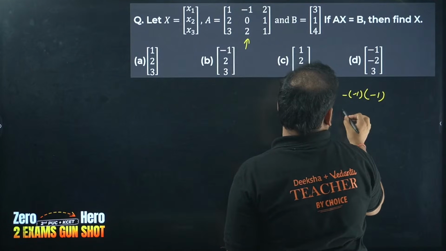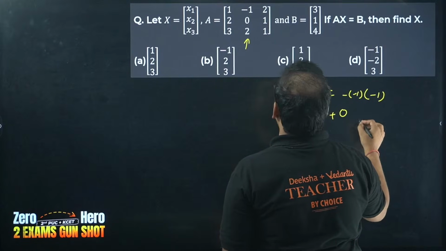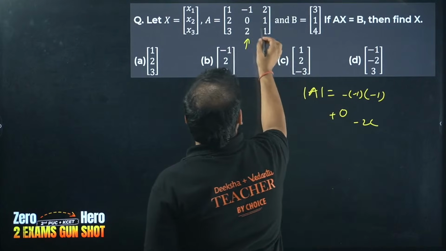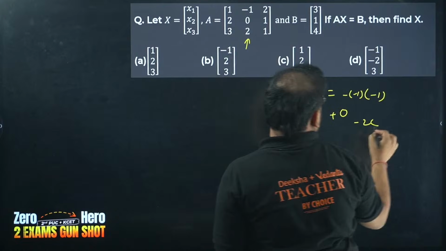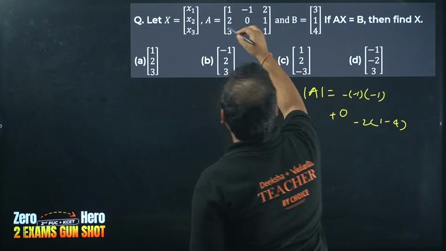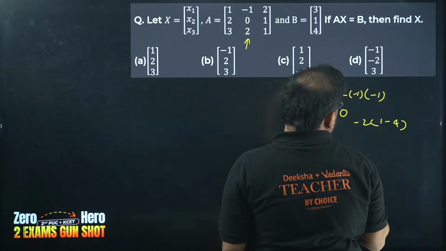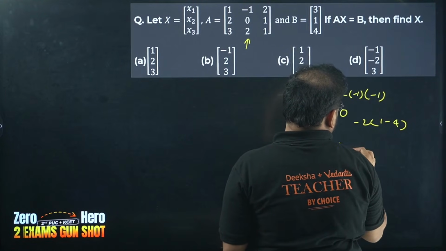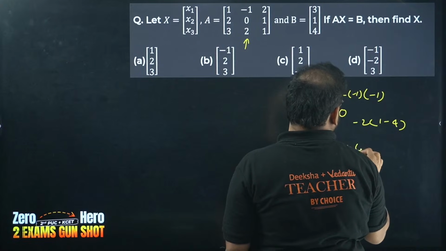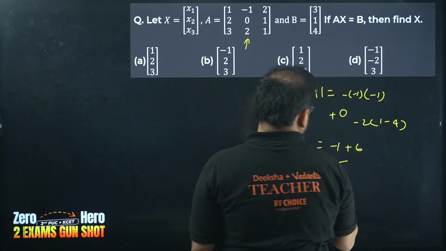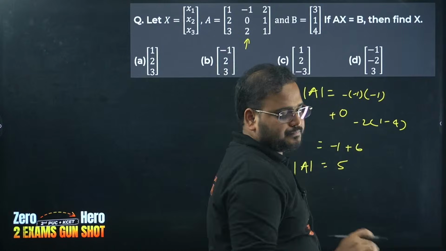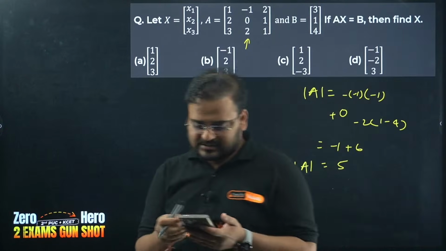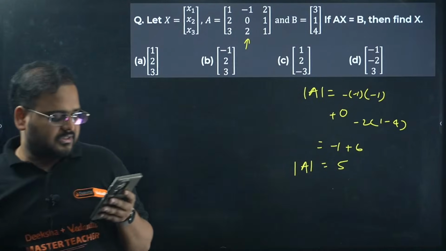And we get here 0 is completely gone, plus 0. Again we'll have minus 2. And for this we'll have 1 minus 4. Correct? 1 minus 4. So you get over here this value as minus 1 plus 1, simply minus 1. Over here we have minus 3 into plus 6. Is it 5? Please check, guys, the determinant value is 5 or not. Everyone please check. I want your answers and help on the calculation side.